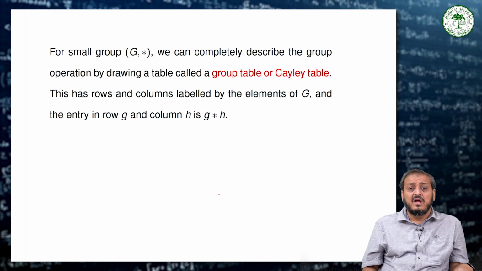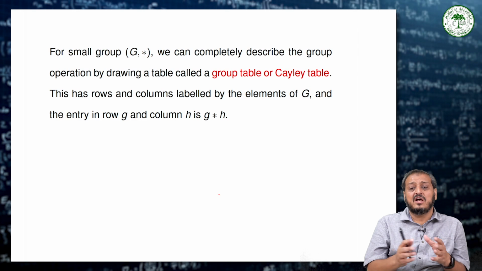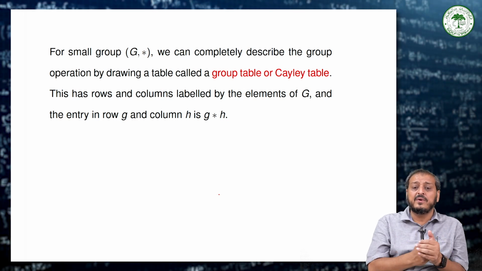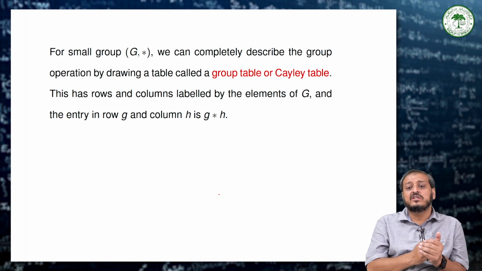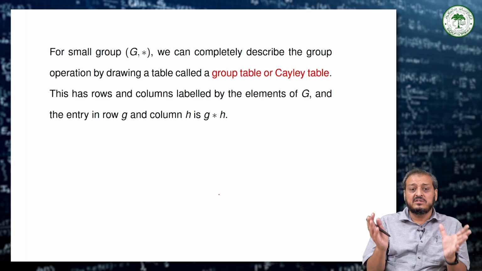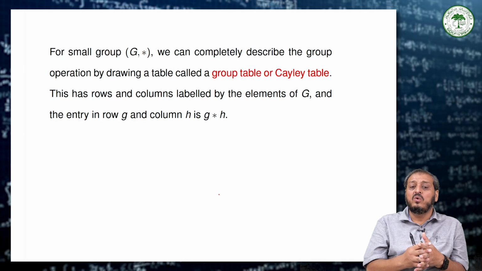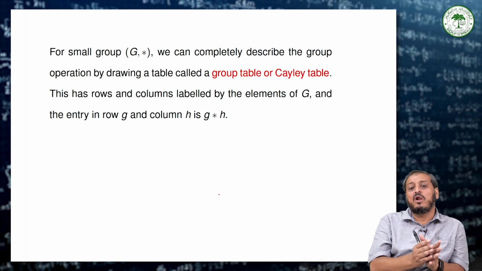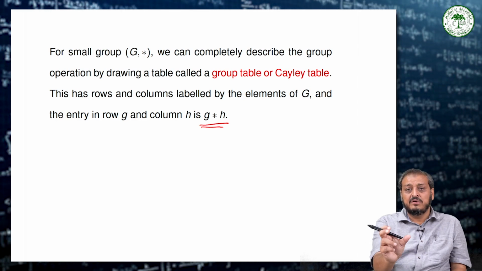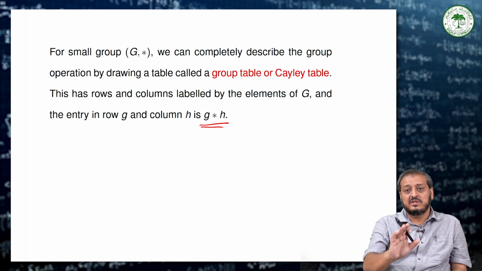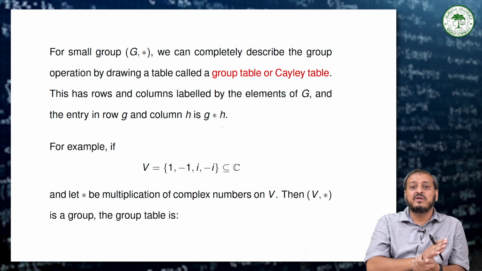Now for a small group under the binary operation, we can completely describe the group operation by drawing a table, and that table is called a group table, or the Cayley table. It has rows and columns. The entry in row g and column h is g binary operation h. Let's say, for example, if we take the previous one,